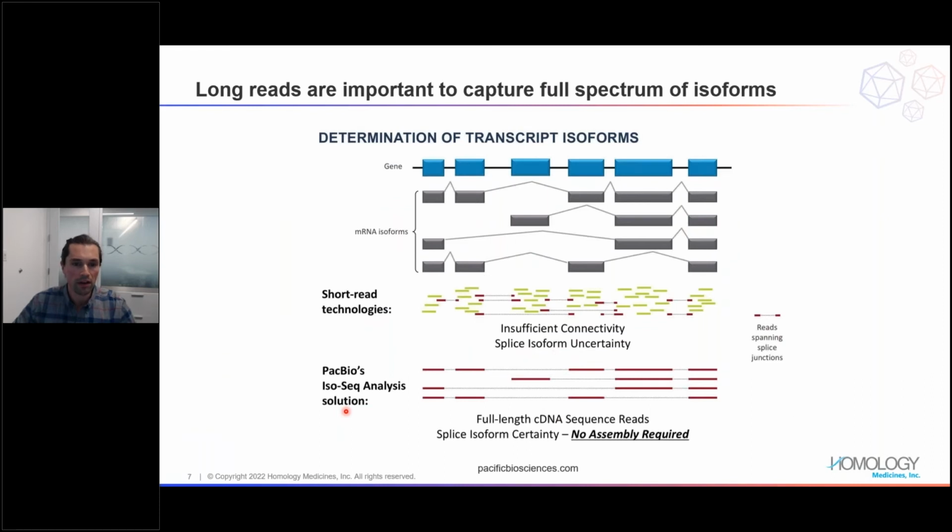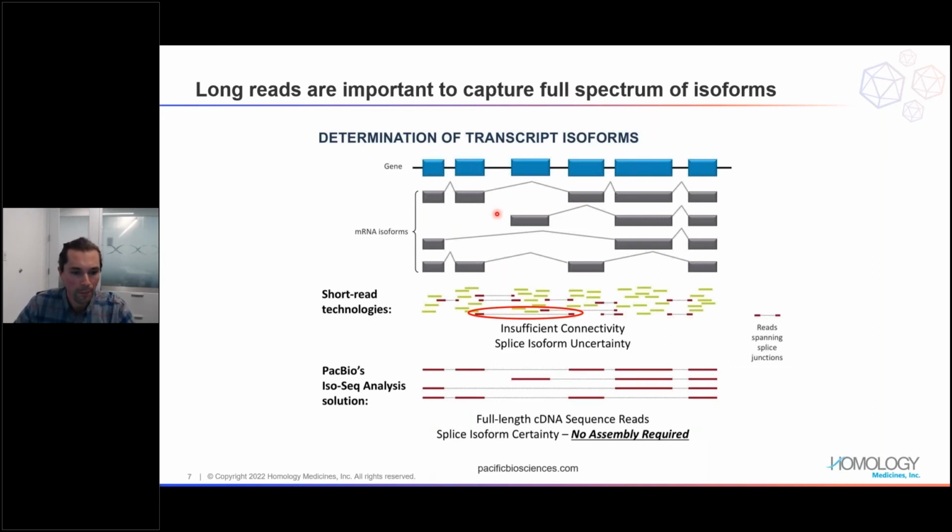This is made more apparent on this slide that I got from PacBio, actually. You have your gene up here, in blue, represented by these 6 exons. You're going to have potentially several different mRNA isoforms. You have some exon skipping here, and some here and here for this isoform. So you have these 4 different isoforms coming from this one gene, right? If you're looking at, say, just this read with short read technology, you don't know if it came from this mRNA isoform or this mRNA isoform. This is really important to us. This is central for safety and efficacy for our patients.